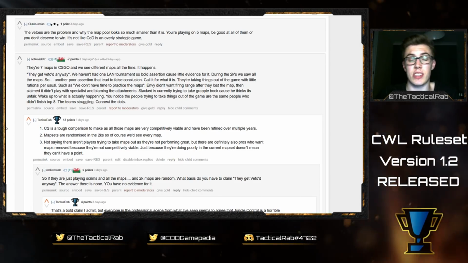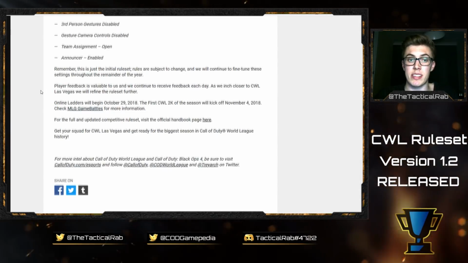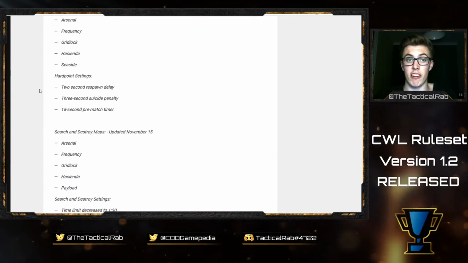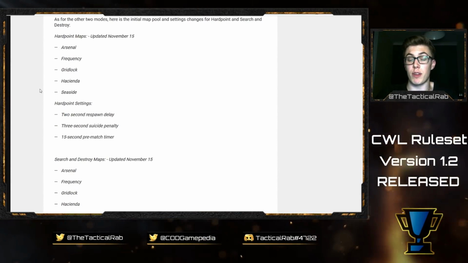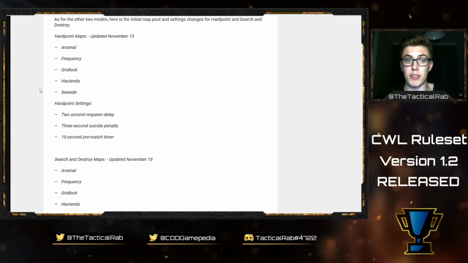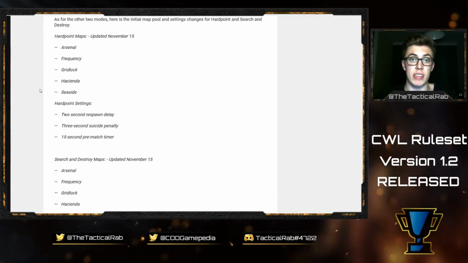How many changes to this do you think there will be before Vegas? Will this be the final rule set we see? Because with Seaside in the game instead of Payload, it's a very interesting scenario where, apparently the pros voted for this, but generally the outcry is against Seaside being in competitive play. There's a couple of weeks still left to go. These still could be changed, but I feel like the majority of the competitive rule set has been set in